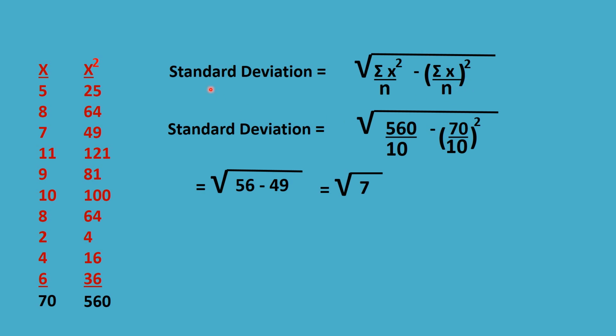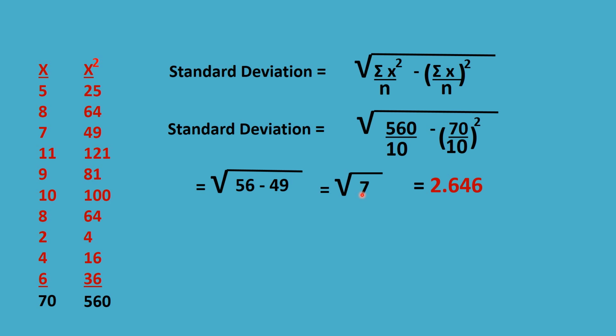Now, the sigma x square, that is the sum of these values, is 560. That is taken and that is divided by 10, that is n, number of items. Then minus 70, that is sigma x. Sum of these values is 70 and the number of items is again 10, and that is also squared, which gives us the value as square root of 56 minus 49, that is equal to square root of 7, that is equal to